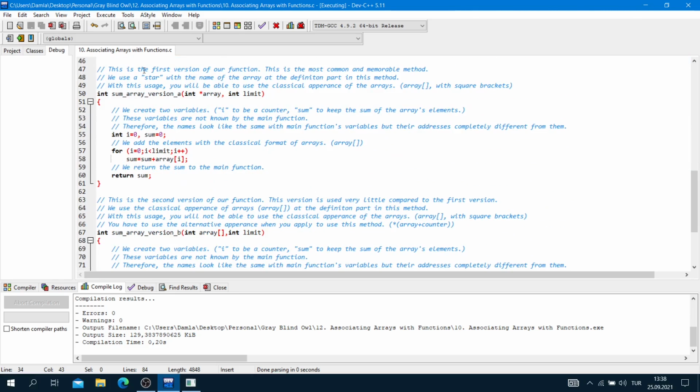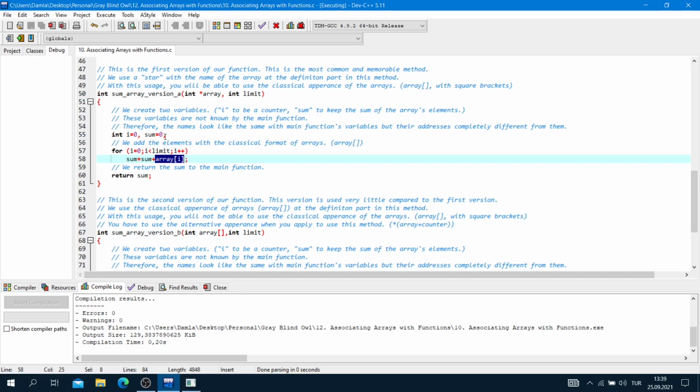Now, we are here. This is the first version of our function. This is the most common and memorable method. We use a star with the name of the array in the definition part in this method, int pointer array. With this usage, you will be able to use the classical appearance of arrays, array and square brackets.